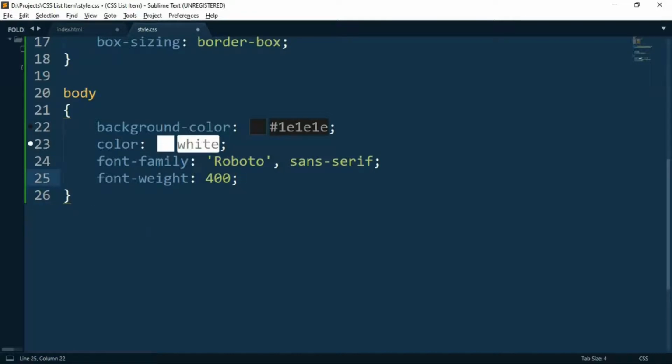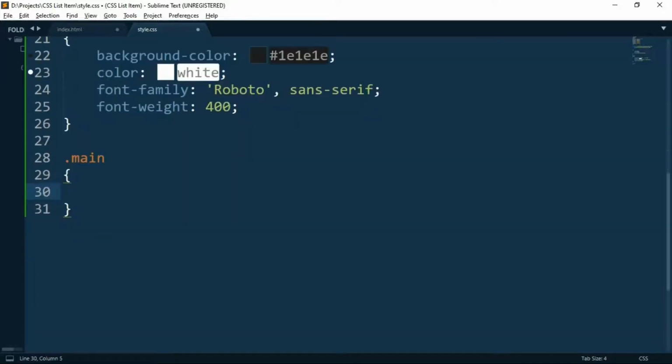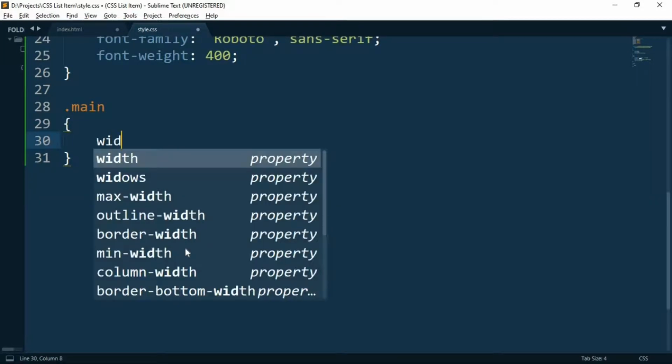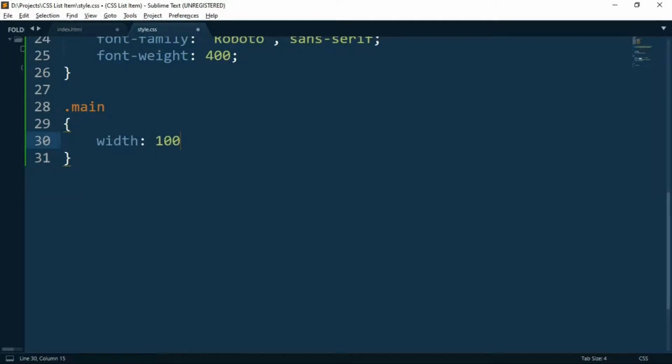So yeah, moving on to designing the div, that is the .main, and in that we want the width to be 100 viewport width, and we want the height to be 100 viewport height.